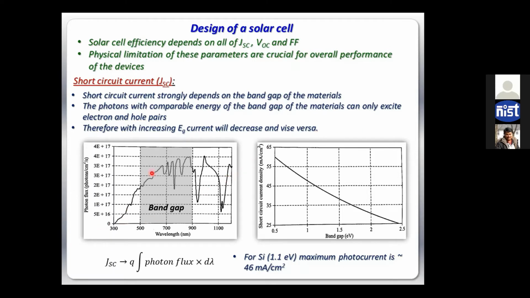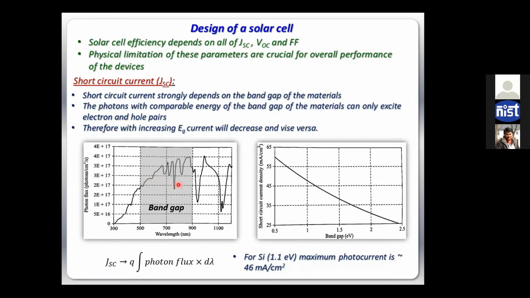So basically, if this is the spectrum, suppose for any material, you can absorb this much of the photons of the spectrum, right? So basically what I can say, the JSC will be the area. This much of photons versus this wavelength, if I integrate and multiply by the charge of the electrons and holes, then I will get the photocurrent, right? So basically the area. So if you can broaden this shaded part more and more, basically you will create more and more photocurrent. And to broaden this harvesting property, you have to make the band gap smaller.